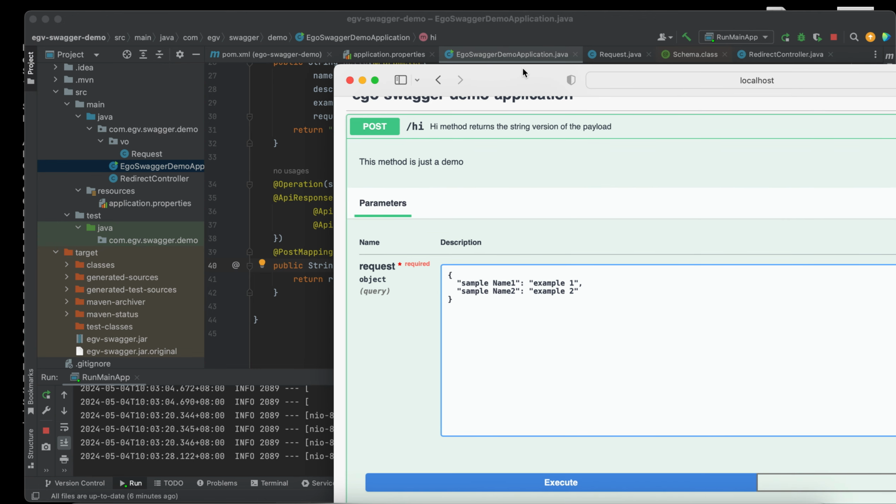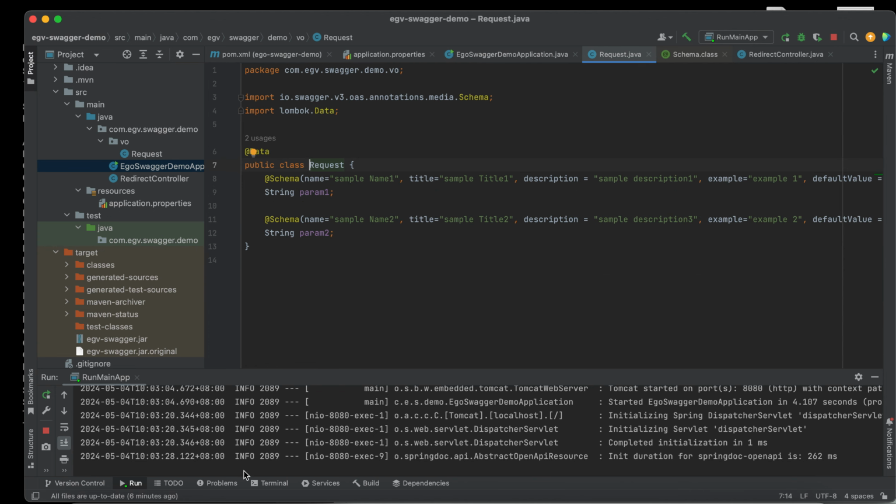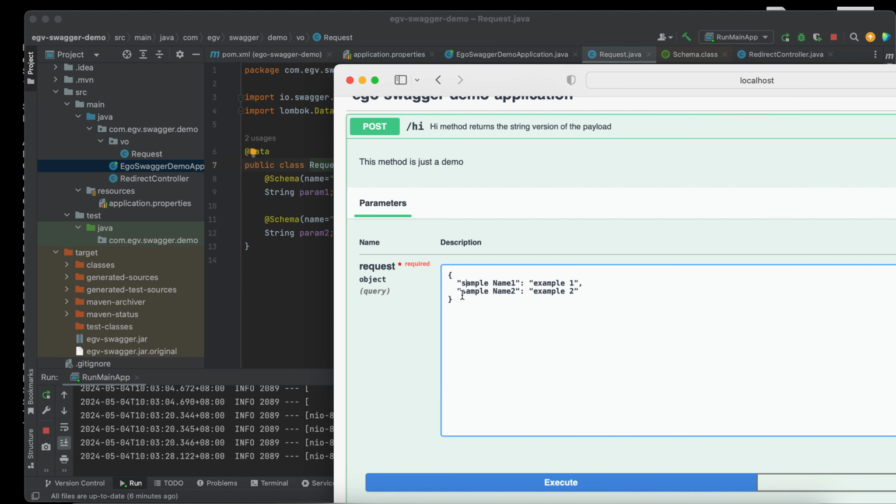Oh, I think because our parameter, our request, is wrong. By right, we should pass not sample name. It should be param.